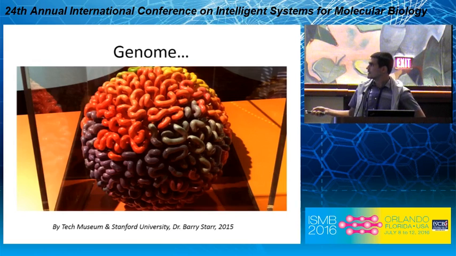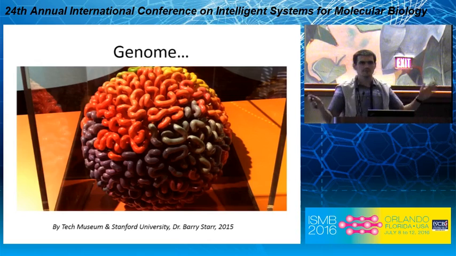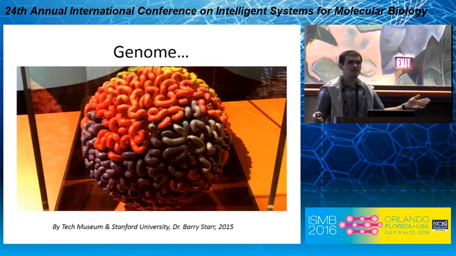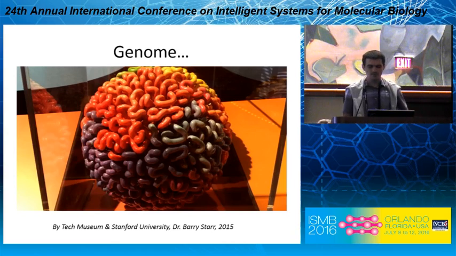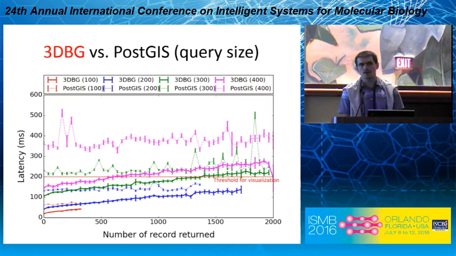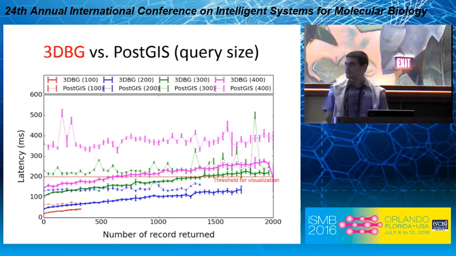Let's say we have a linear size, I'm talking about my model. The linear size of my model is about 2,500 units. It doesn't matter what the unit is now. So we decided to compare 100, 200, 300, and 400 size cubes. And of course, we were just curious to compare with the PostGIS solution. So as you can see,